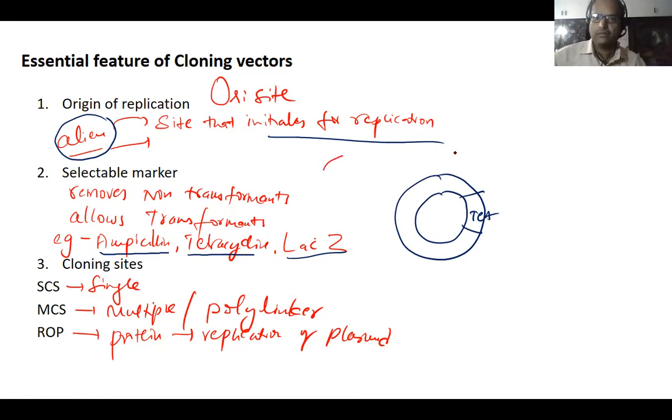Now what we are doing is introducing the desired gene. Look at that, in this place we are introducing the desired gene, into the area where the tetracycline is already present. So the tetracycline that was earlier present will be removed, and the desired gene will be added in its place. Once we replace and add it, the desired gene is introduced there and replication starts, or whatever the next process is. Now, what guarantee is there that the desired gene has been replaced over there?